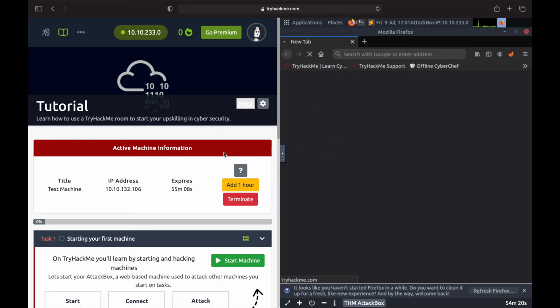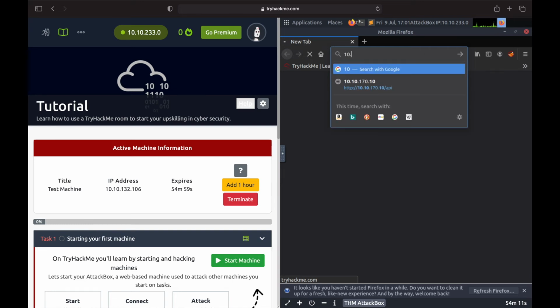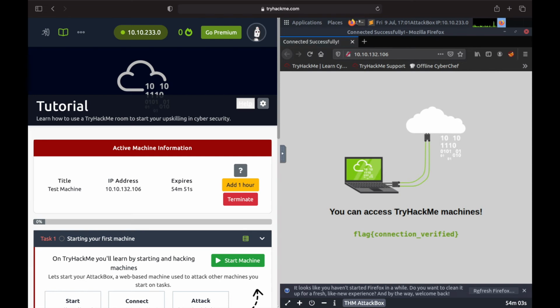I need to type the IP address that I saw in the left-hand side window. So I'm just giving 10.10.132.106 and I'll enter. You can see I can access the TryHackMe machines. So this is the flag, connection verified.